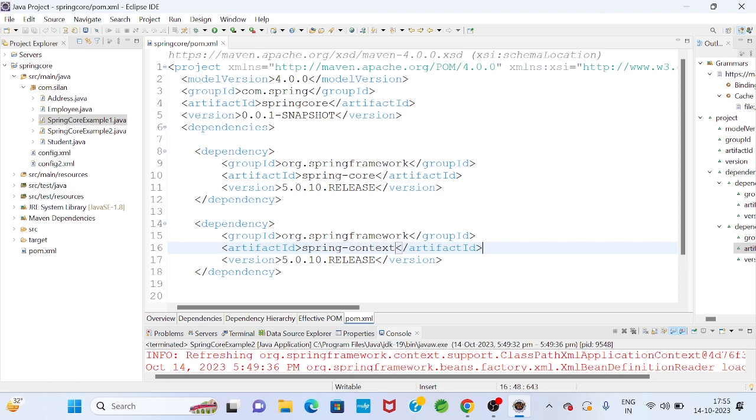Step number 1, develop a Java bean. Step number 2, develop a configuration XML file. Step number 3, develop a client logic file. So now,